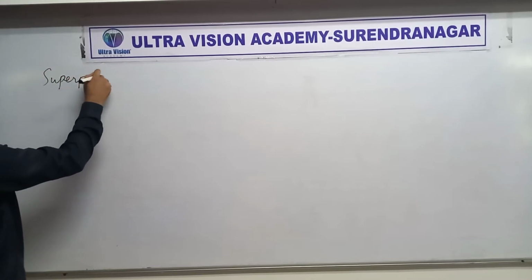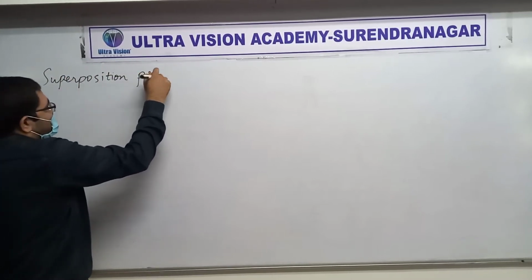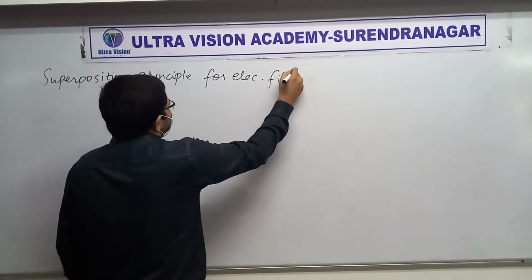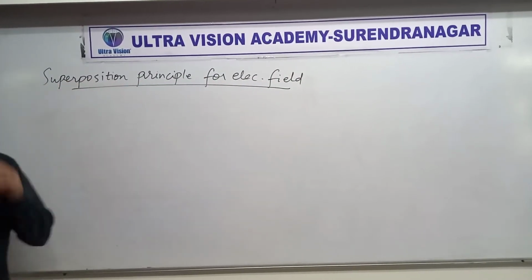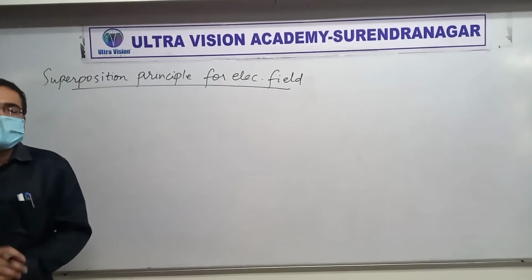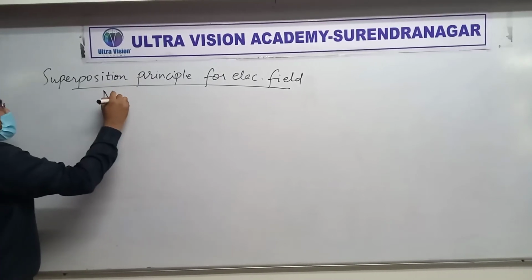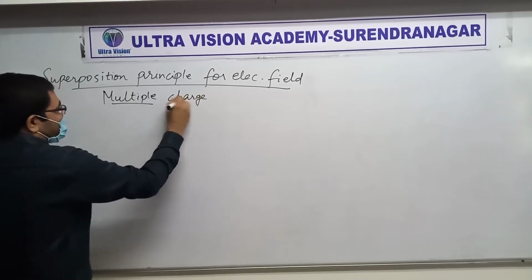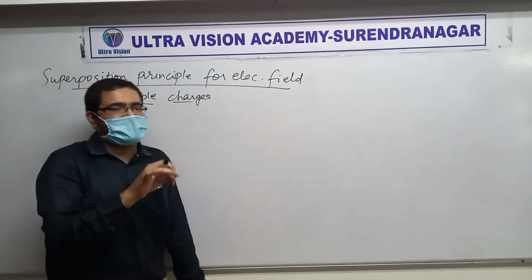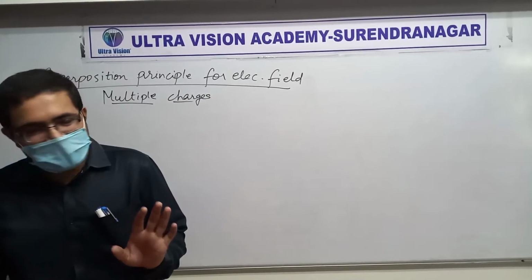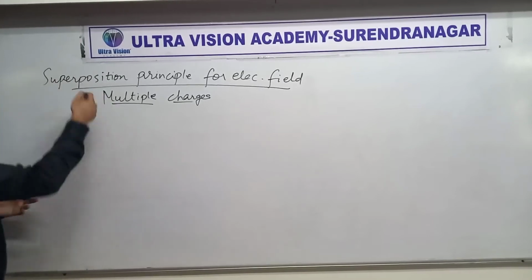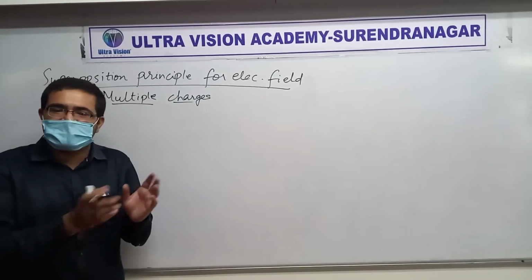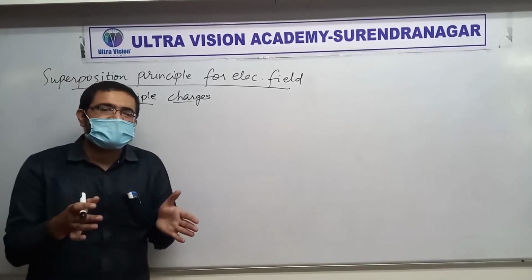Now the superposition principle for electric field. That is, if instead of one charge, multiple charges are creating the electric field. Earlier in this topic we studied that if there is only one charge, then we can find the electric field simply by kq by r squared r hat. What if there are multiple? Simple: just the basic idea that one charge does not affect the electric field of the other. That is, they don't interfere with it.